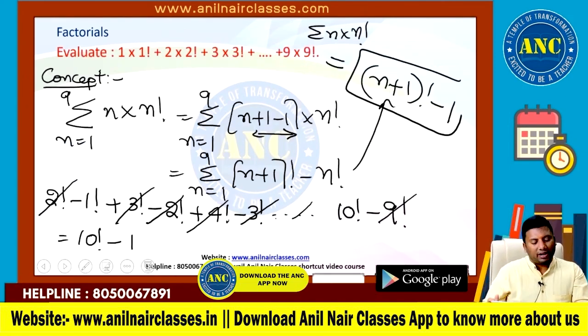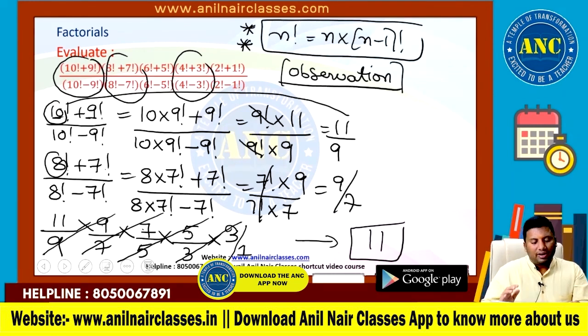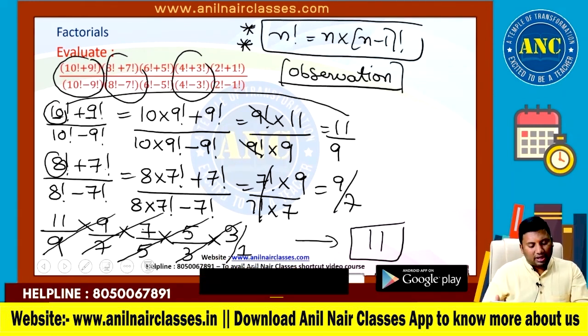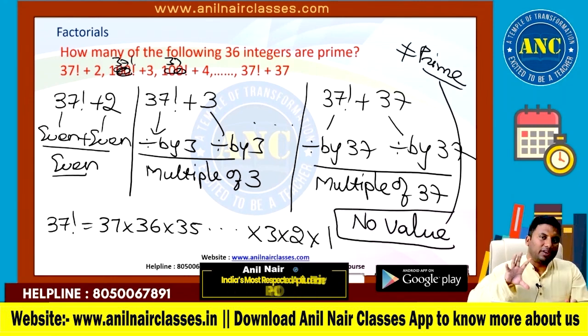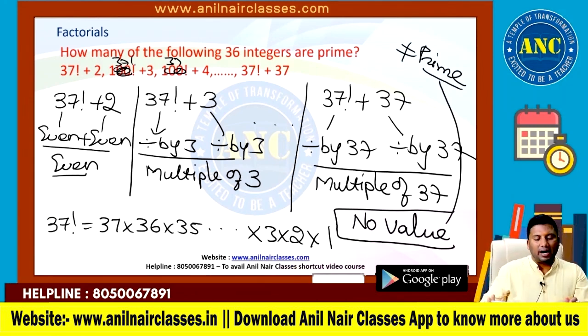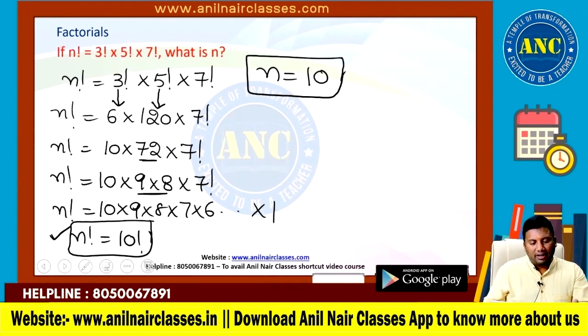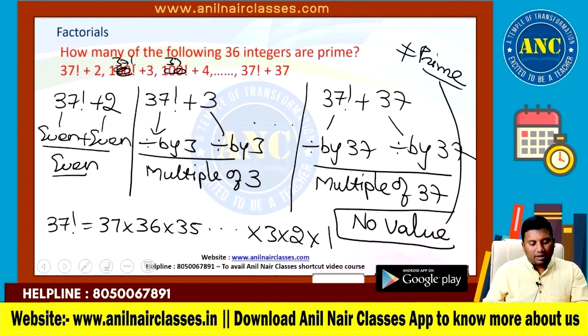This is 10 factorial minus 1. How to find the answer to this question just by sheer observation? What is the definition of a factorial? How to find out whether factorial plus a natural number added gives a prime number or a composite number? Very, very good questions we discussed. What is the definition of a prime number? I hope the idea is